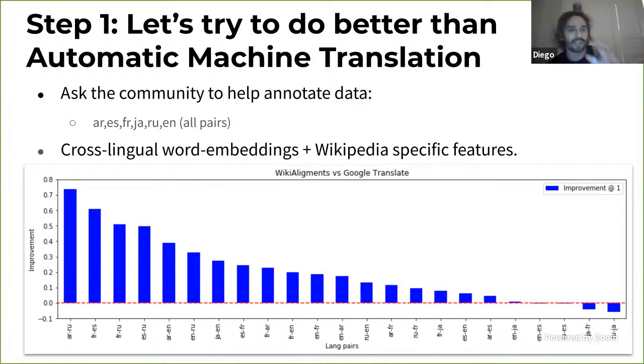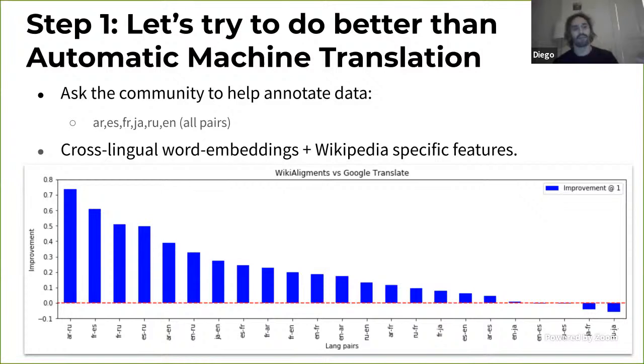But the first thing that we want to see is developing our own algorithm. We were in the same or better than these automatic translation engines. We have already presented this a few years ago, and you can find a lot of documentation on this. But basically, the two main ideas that we use here was to use cross-lingual word embeddings. Specifically, we're working with fastText, that is a popular word embedding algorithm,